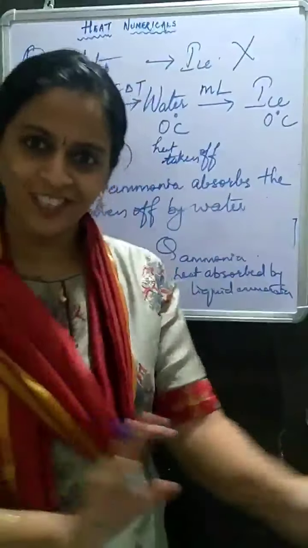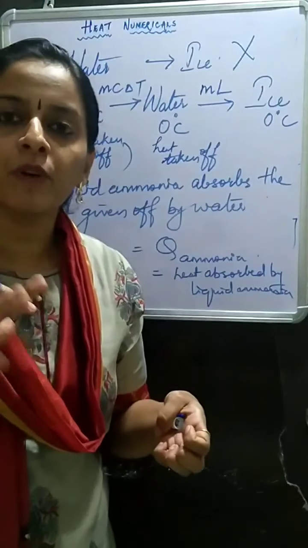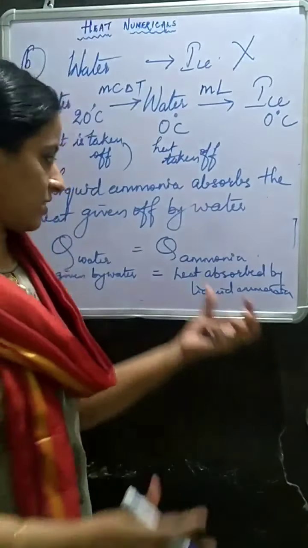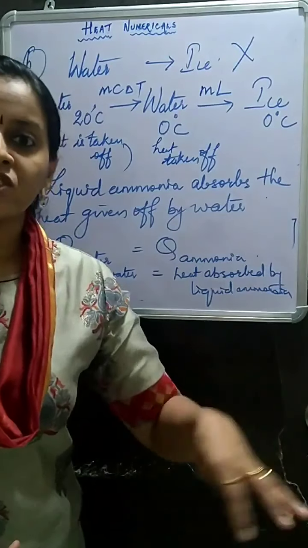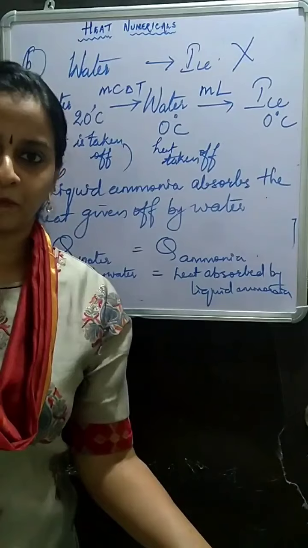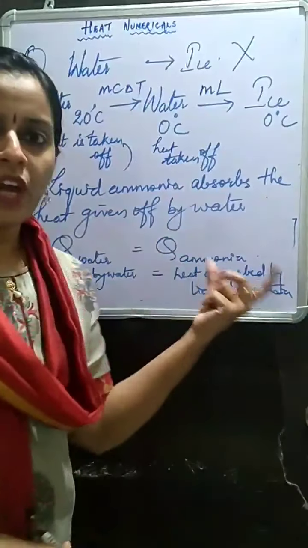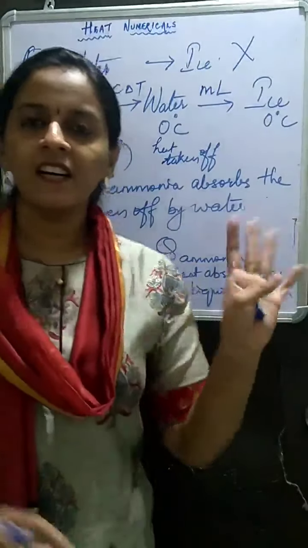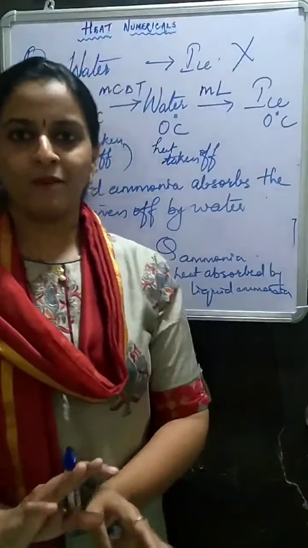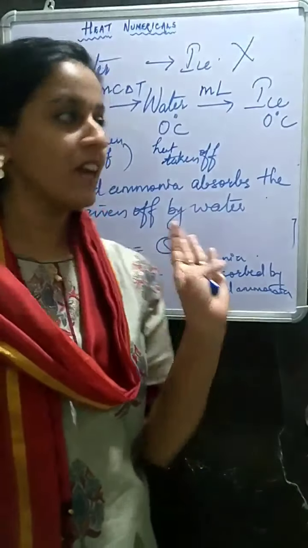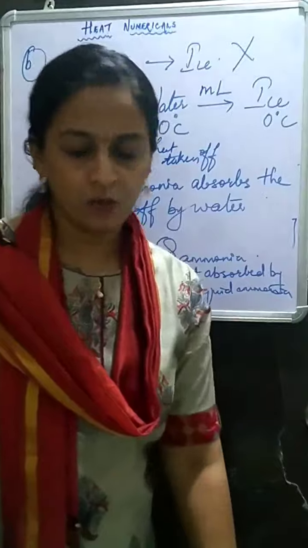Liquid ammonia absorbs heat. Liquid will get converted into gas. So here again there is a change of state from liquid to gas. So about ammonia you have to mention only the latent heat, because no temperature is specified for ammonia in your question. So we are happy. Let us write all this and put the values.